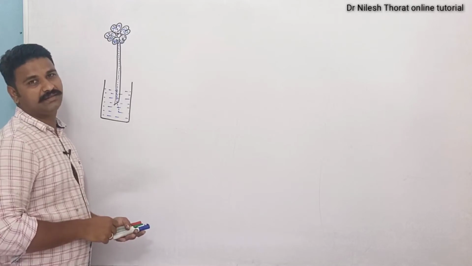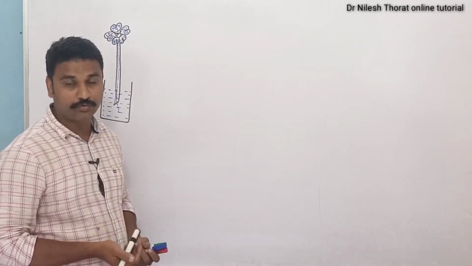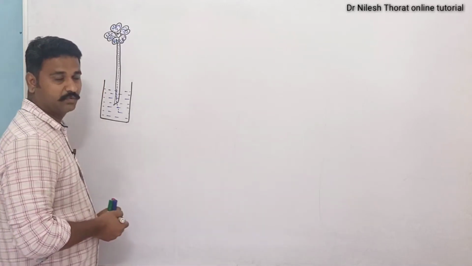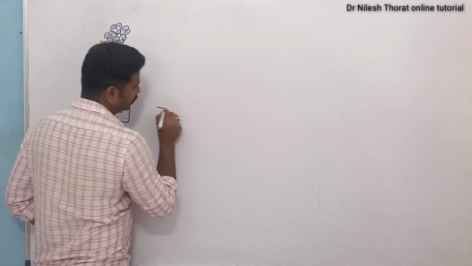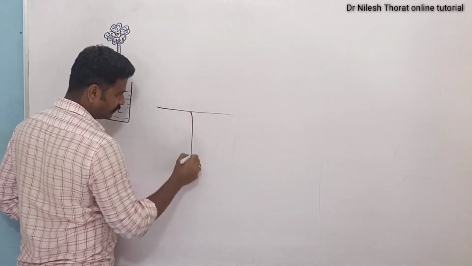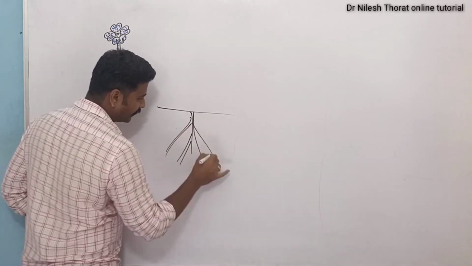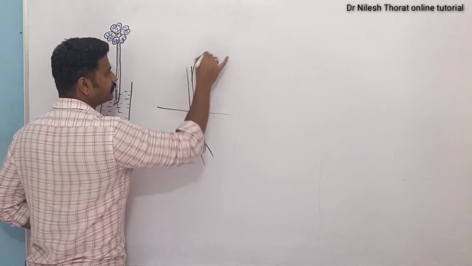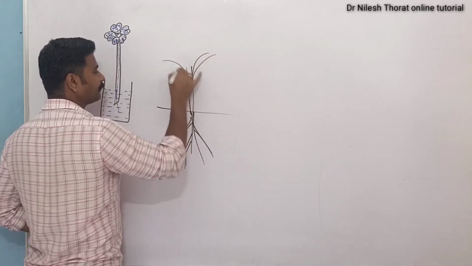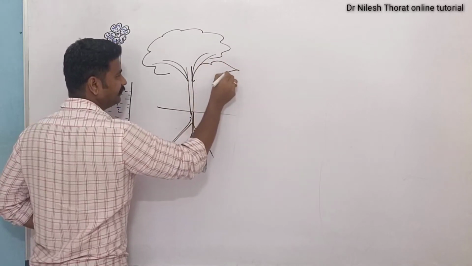We know that plants have to transfer water over a long distance. For transporting this water, the plant has a type of vascular tissue which helps in the transport. Let's say, for example, this is the ground level and this is the root system of the plant, and this is the shoot system, and then these are the branches, and this is the canopy, and this is the leaf.